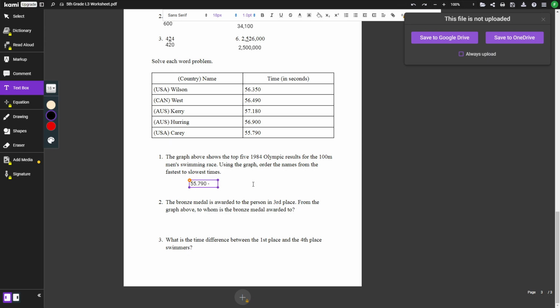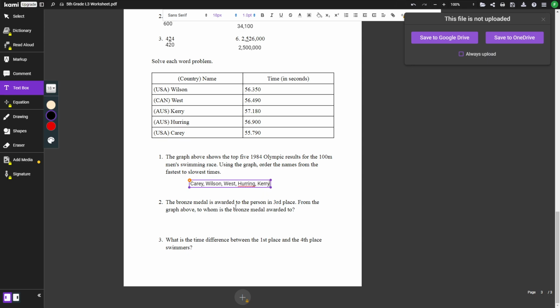55.790. The second fastest time, 59.790 by Carey, because we're putting the names. The second fastest time would be by Wilson, because if you look at the decimal points, it's the lowest decimal point out of any number with 56 as its whole number. Therefore, Wilson. Number 3, we would have West, because 0.490 is less than 0.9. Number 4, 0.9, because 56 is less than 57. Hurrying. Lastly, we have Carey